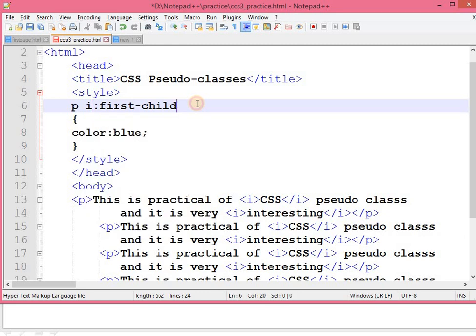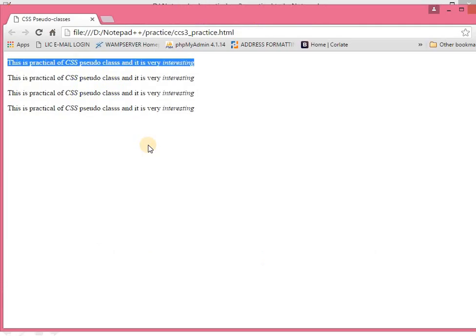to style the italic tag of the paragraph tag of the first paragraph. So how can I do that? This is the syntax for paragraph tag and for I tag. That means for every p tag, if your first child is I, then you can apply this style.